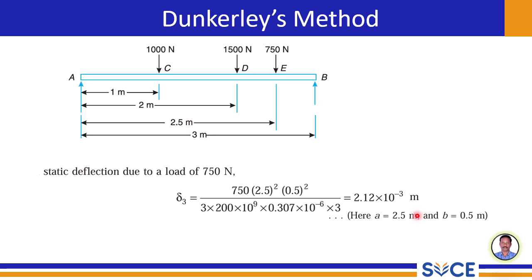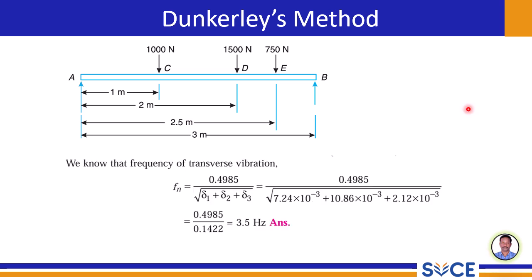Now we substitute all these deflections delta 1, delta 2, delta 3 in Dunkerley's formula. Finally, we can calculate the frequency of transverse vibration using Dunkerley's formula for the shaft with point loads. We are substituting the values delta 1 7.24 into 10 power minus 3, delta 2 10.86 into 10 power minus 3, delta 3 2.12 into 10 power minus 3. By substituting this, taking the summation of all these values and taking the square root,